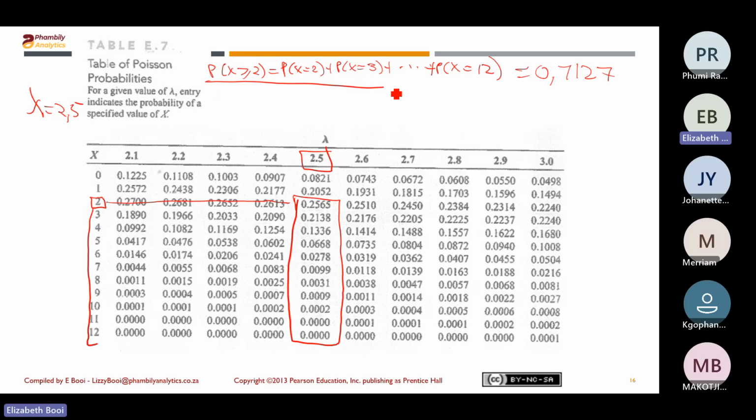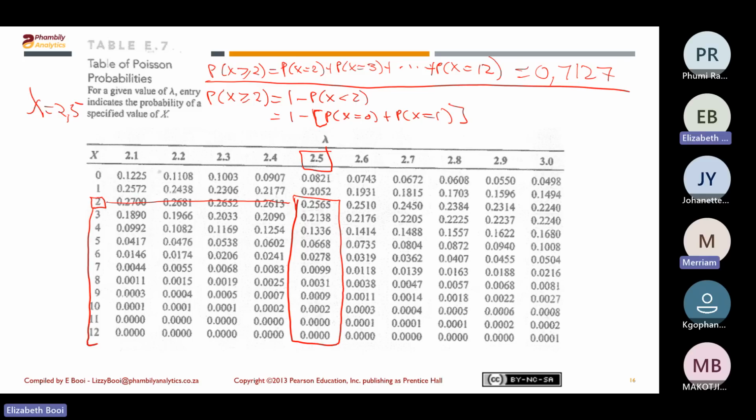So let's look at the second way of answering this without using the formula. We're going to say the probability of x greater than or equal to 2. We said it is 1 minus the probability of x less than 2, which is 1 minus the probability of x equal to 0 plus the probability of x equal to 1. Now, it is the opposite. So there are only 2 of them, right? So we're just going to say 1 minus